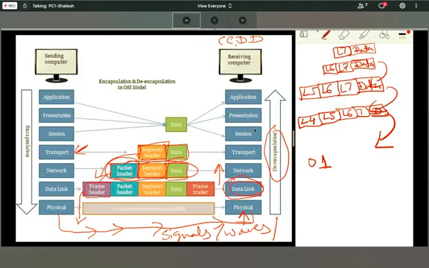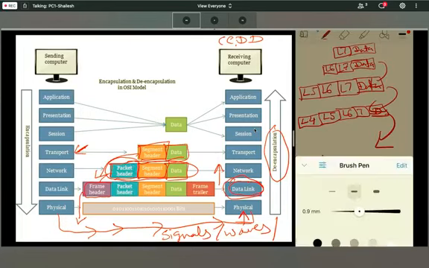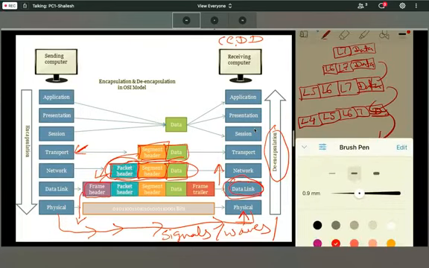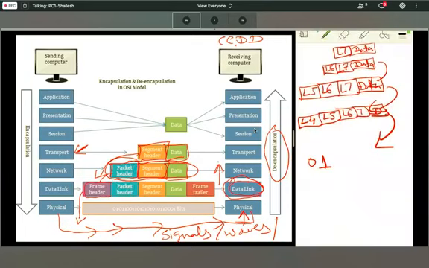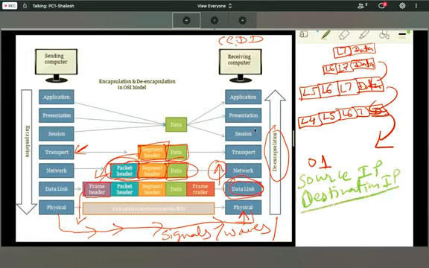Simple as that. And what is the layer 3 information? The layer 3 information is your source IP address and destination IP address. That's it.